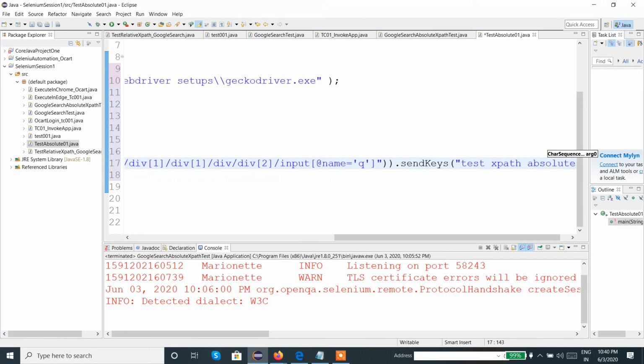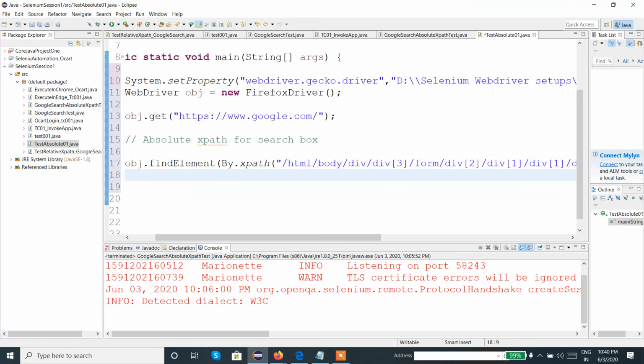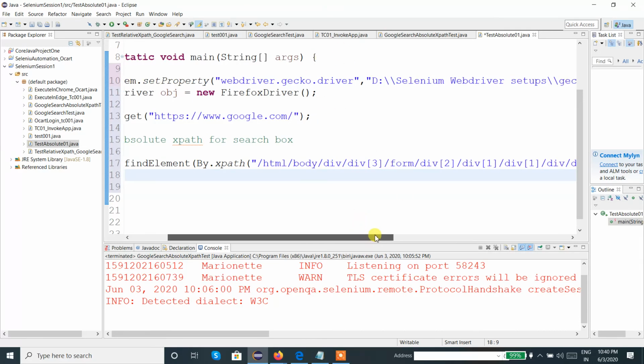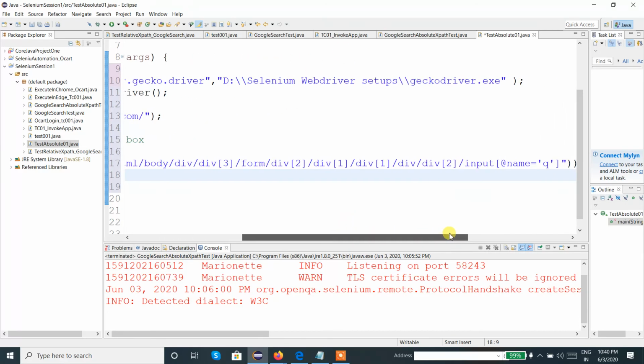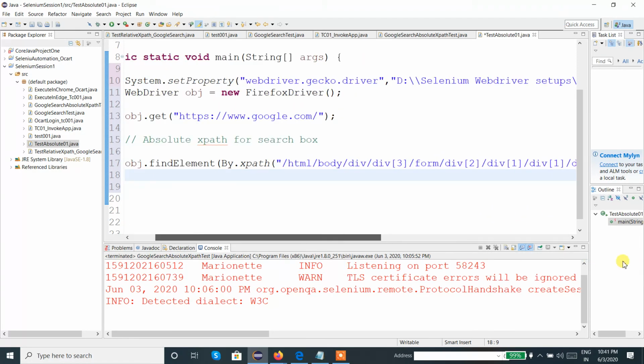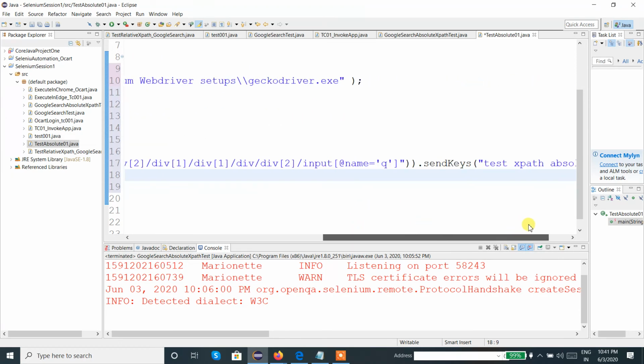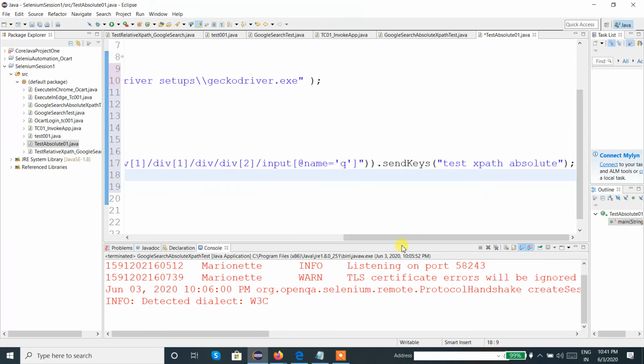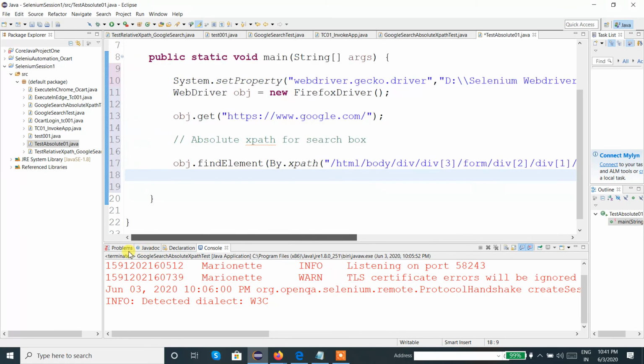If this is the correct absolute XPath, it will not only launch the application but also capture the test data from the send keys value, whatever value we are sending from here. At the time of execution it will capture the same test data. That means the XPath is perfectly working for us.